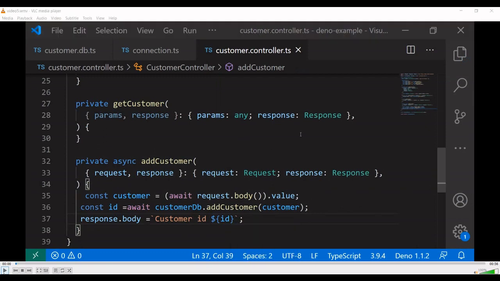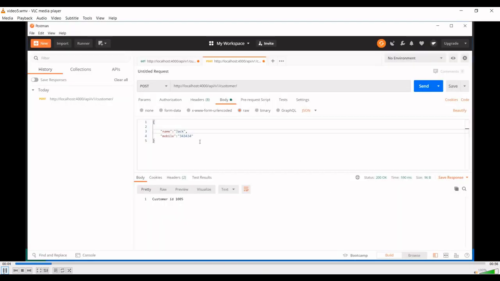We can test the get and the add method in Postman. Suppose we have created one record, that's Jack, followed by the mobile number. You can see that the customer IDs 1007, 1008 are displayed at the bottom.